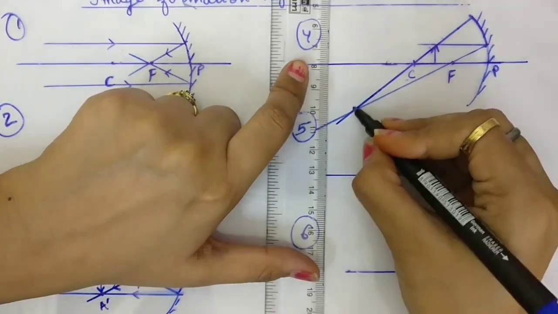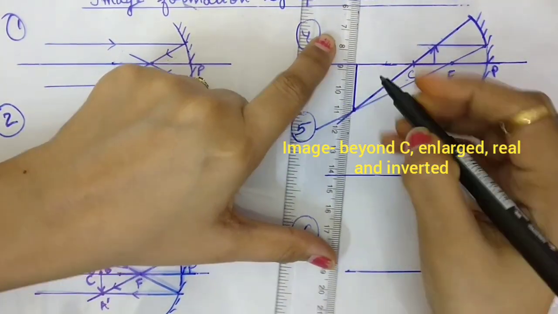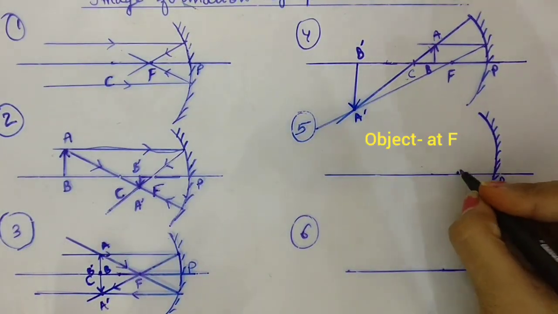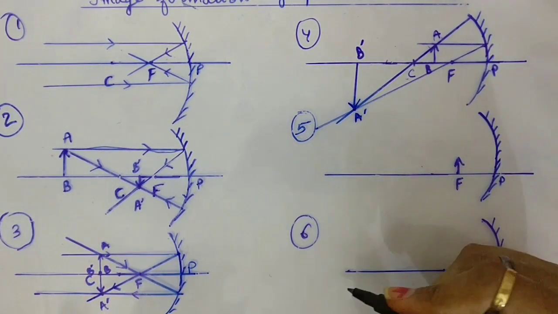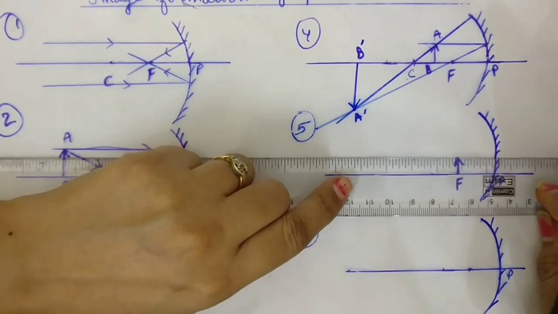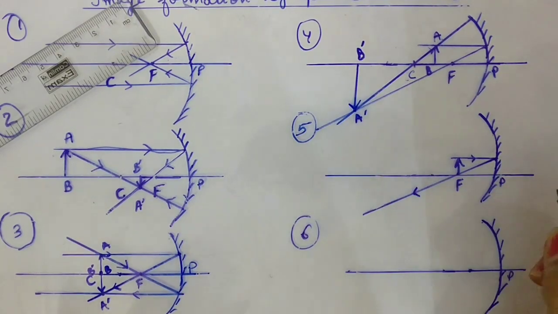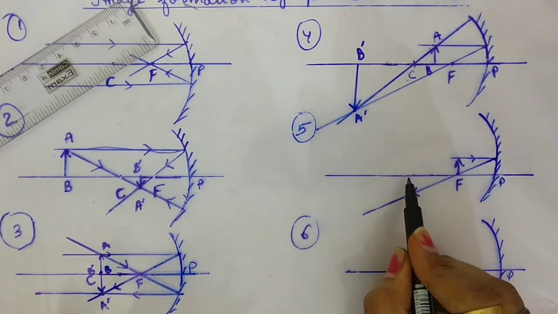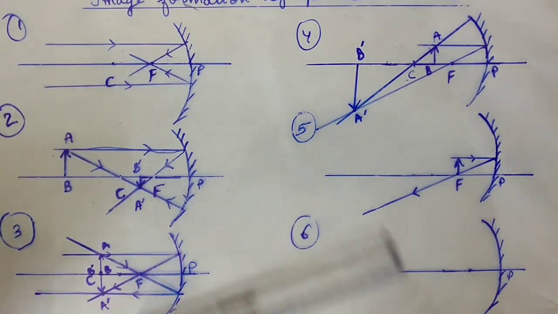Now, wherever two reflecting rays intersect, our image will be formed, which is far larger than the object. So if the object is at the focus, then the image should be formed at infinity. If I want my image to form at infinity, the rays should be parallel to each other. The ray which is parallel to the principal axis passes through the focus. Again, I have not mentioned the center of curvature here, because if you mention it first, the ray may or may not pass through it, and again you will rub and make the diagram again.